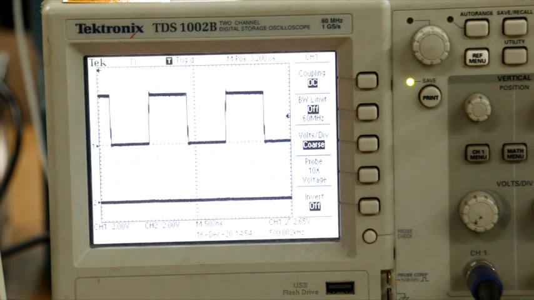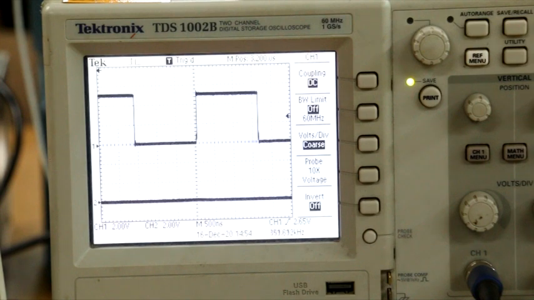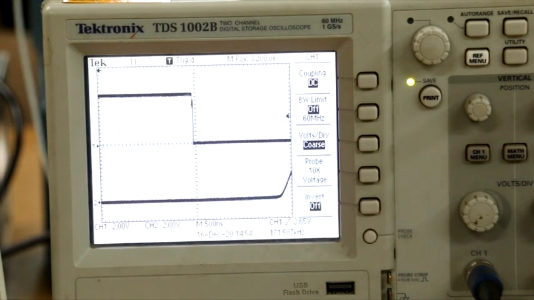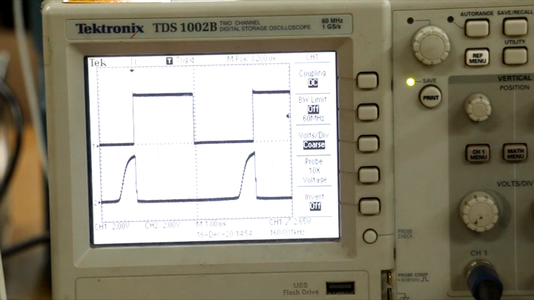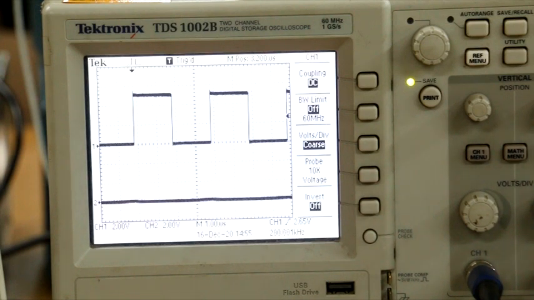Only if I reduce the frequency does the BJT inverter work, and you can see that now at a much lower frequency, about 160 kilohertz, it is just coming. So this is just to illustrate to you, and even with the capacitor, when we used it, we found that it is not so useful.